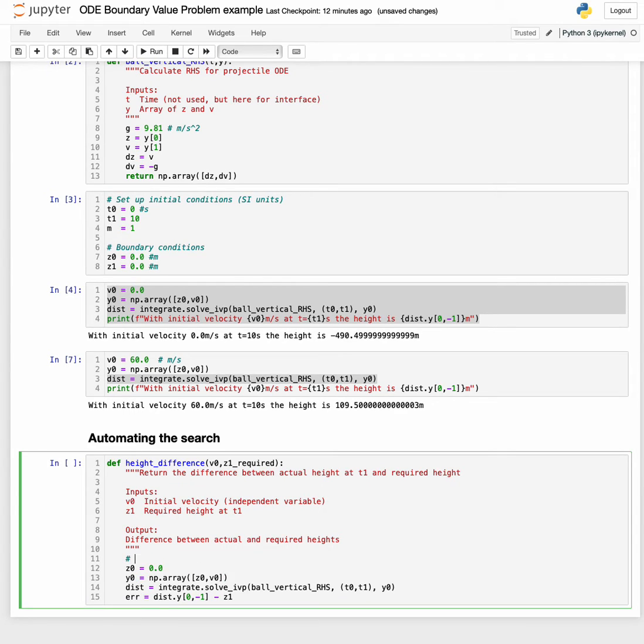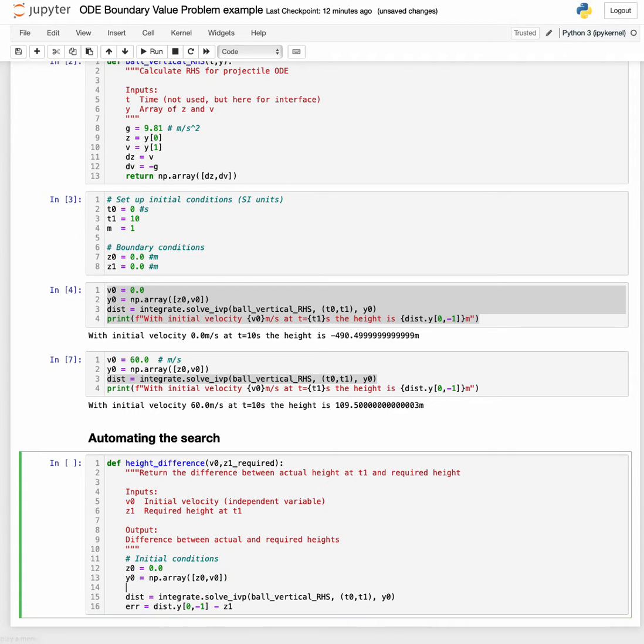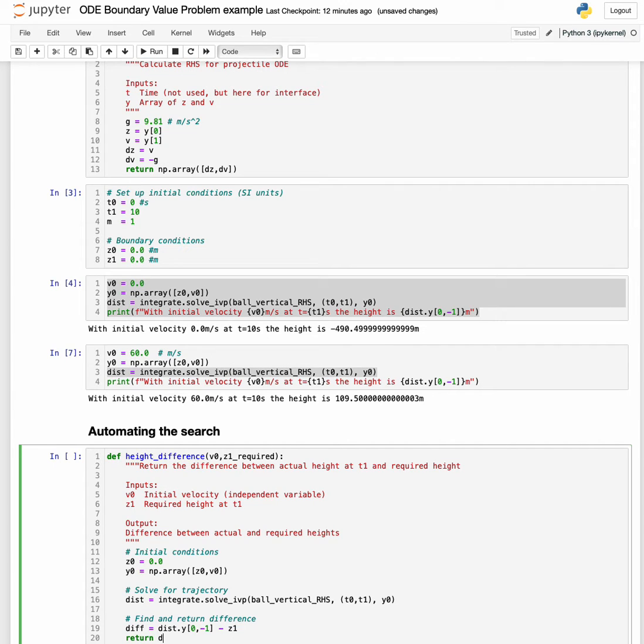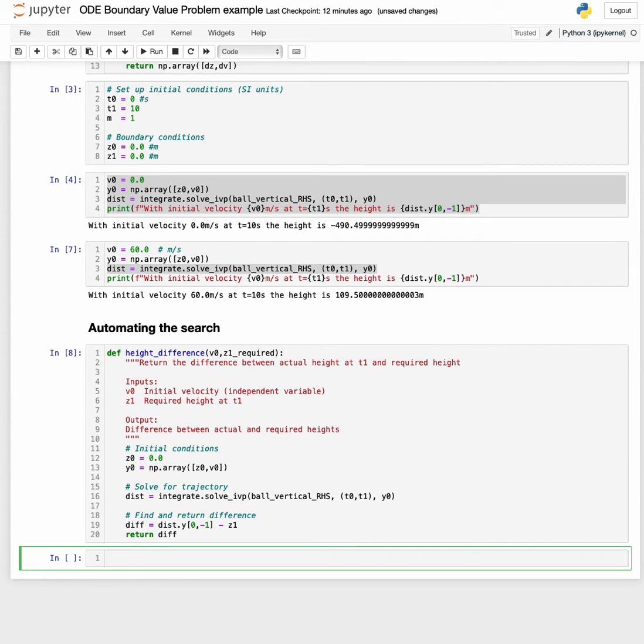And yeah, we can put in some comments here. So initial conditions, solve for trajectory, and then find and return the difference. Let's call this diff. Return diff. Okay, so that's a function which will return 0 if we've got the height right, and it'll either